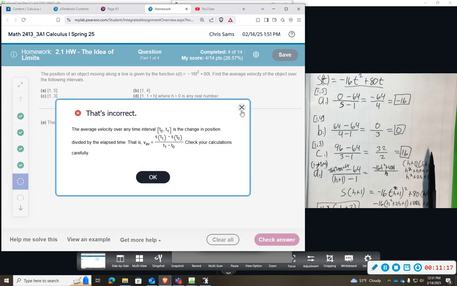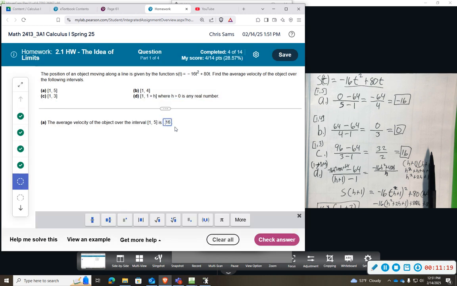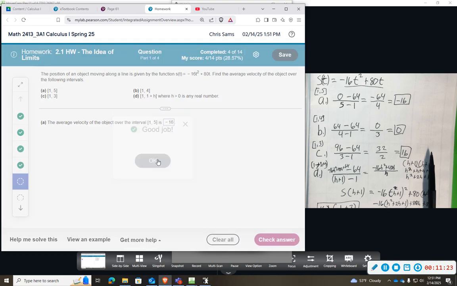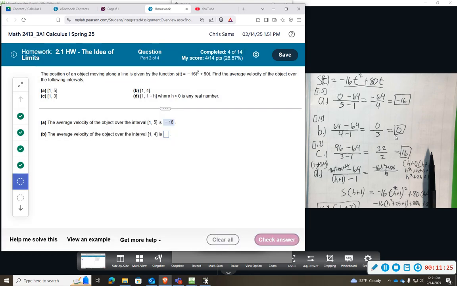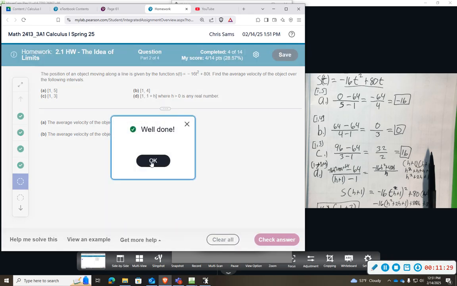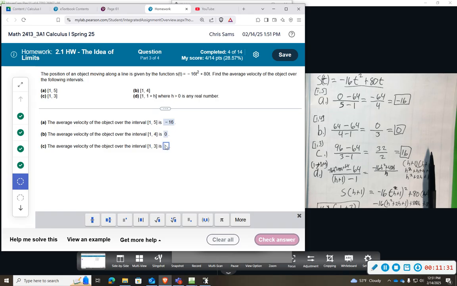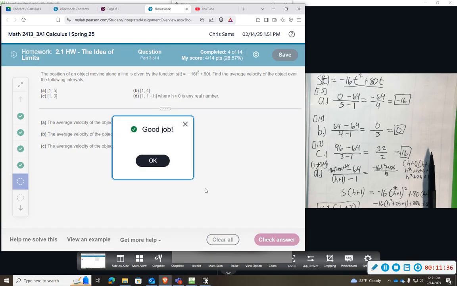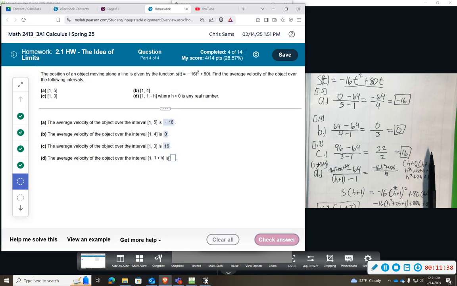I put 0.16 looks like instead of a negative. Between 1 and 4, 0. 1 and 3, 16. And then the final,